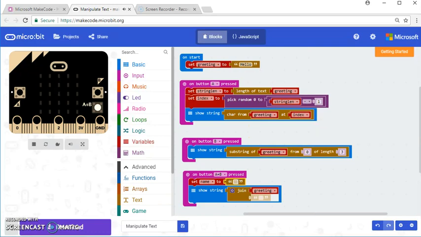I'm going to set the name to Pam. Obviously you're going to put in your own name there, and then once I have it set to Pam, I can join the greeting and the variable name. So now if I click the A and B buttons together, it's saying HELLO, that's hello, and then PAM. So that is just a few things on the text